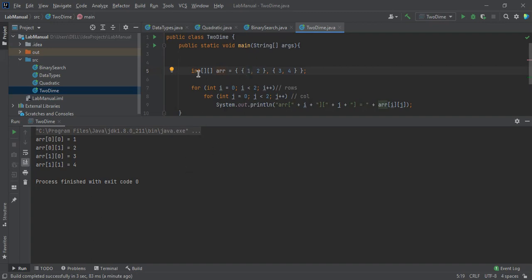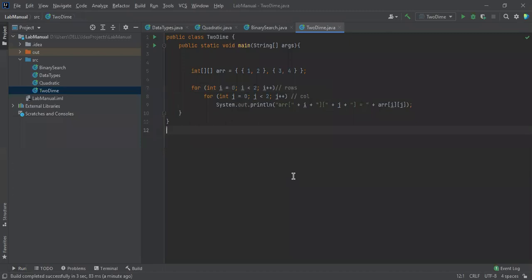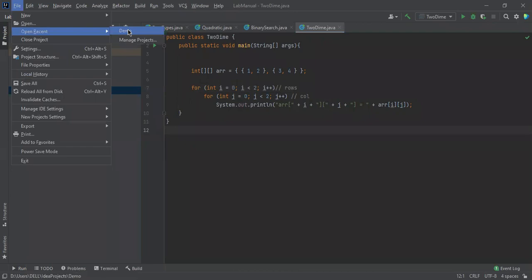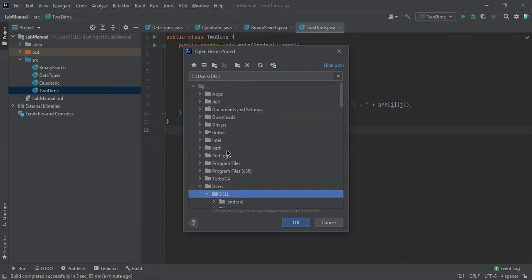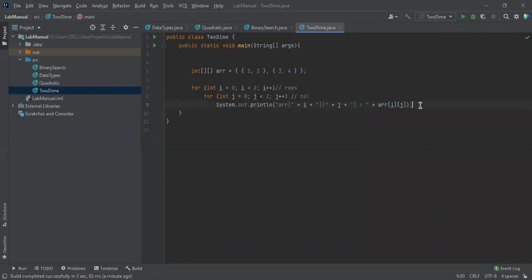So the values we initialized inside the two-dimensional array, we are going to print by using a for loop. There is also a method called the for-each loop. I think it is not necessary, but let me show that one also. Let me open that project so that it's easy for you. So it's okay, I will type that one also. There is no need to.